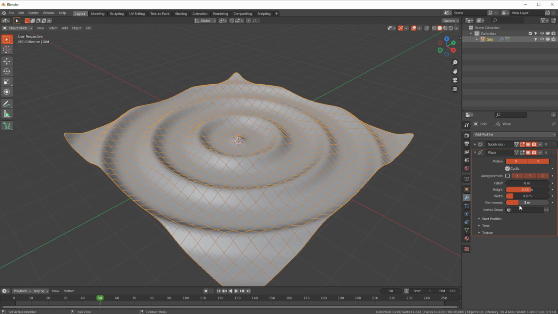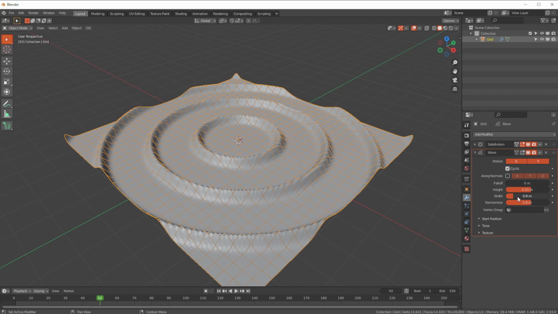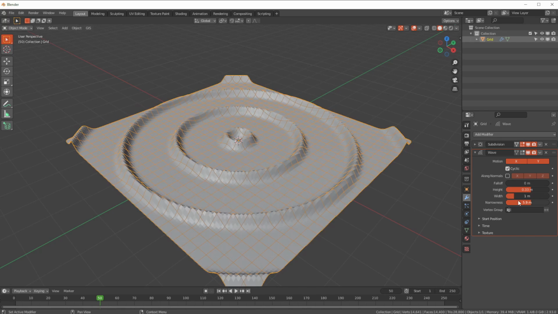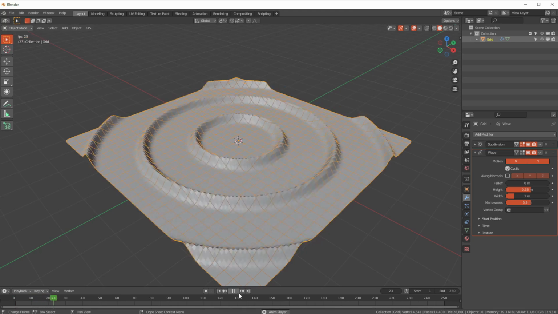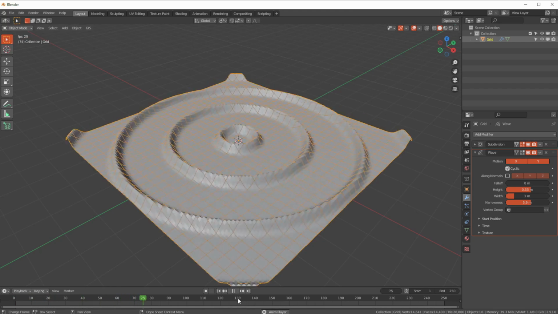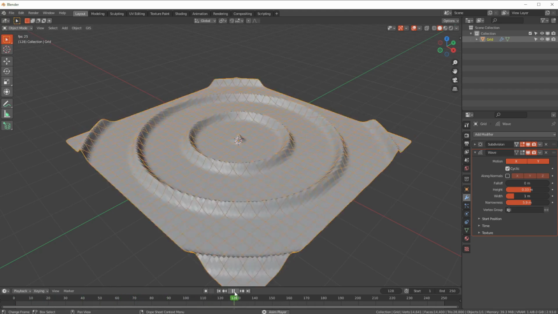But we increase that narrowness and we go all the way there. And then let's just make the width a little bit. I think that's probably about right. About 1 meter. So there's 1 meter is the actual gap between them. There you go. You've got something which is relatively sharp and does look quite nice in